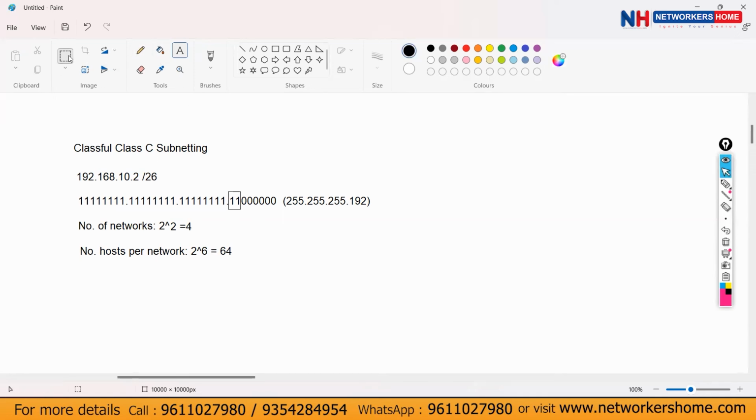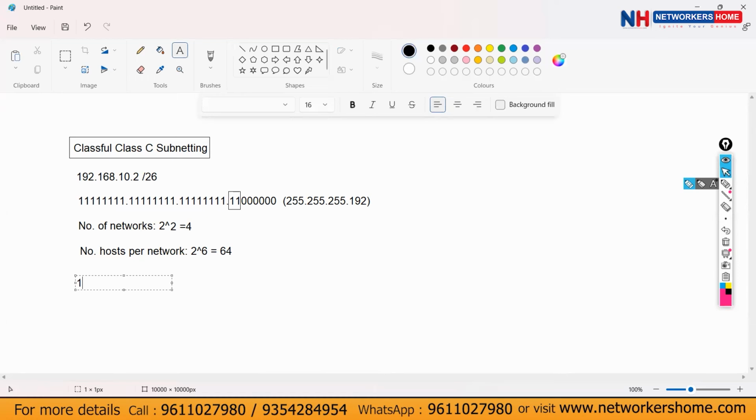So actually what are we finding out? We are finding out the network IP and broadcast IP for this IP address. This will be the question. They will give you an IP address, they will mention the subnet mask, and they will tell you to find the network IP and broadcast IP for this IP address. Or they will tell you, using this subnet mask, how many networks and how many hosts per network can we create. Okay. So if we are able to divide this network, this IP address will have a starting point, correct? And it will also have an ending point. Let us see that.